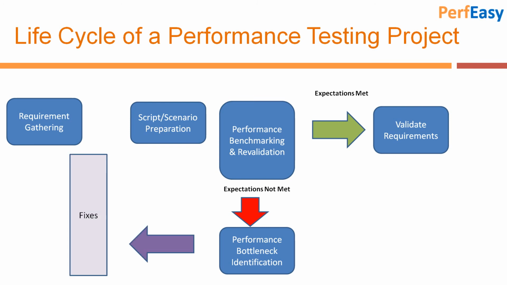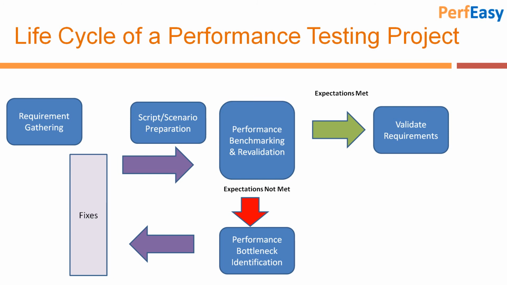So we share these bottlenecks that we identify from the app server, the database server. There can be some configuration issues. So whatever bottlenecks we identify, we share it with the relevant teams, the development team, the DBAs, the networking team, depending on the type of issue, and they come back with the fixes.